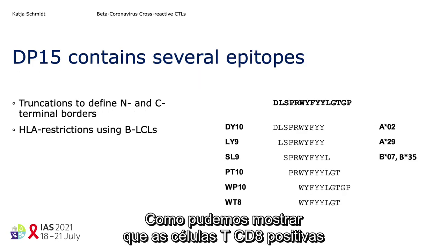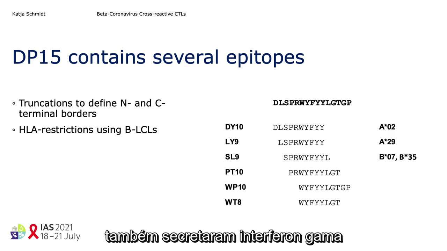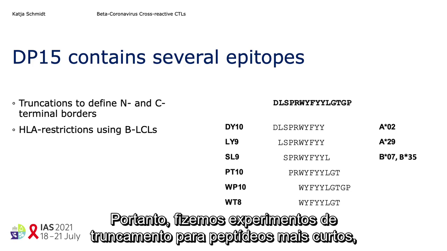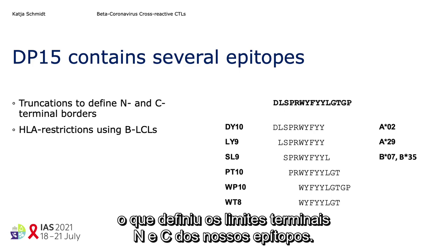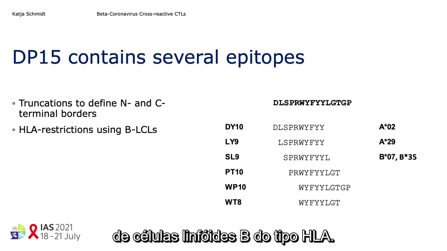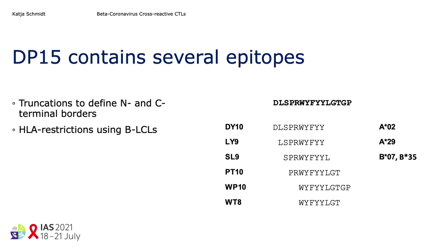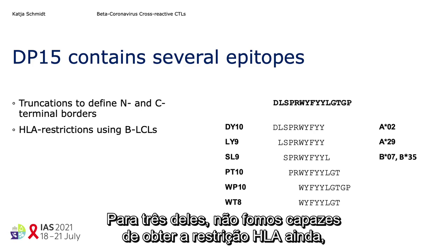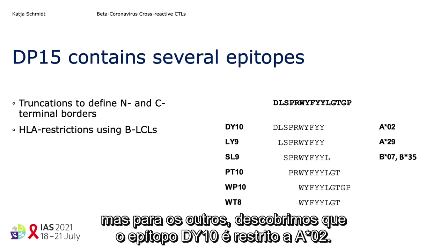As we were able to show that also CD8 positive T cells secreted interferon gamma in response to DP15, we wanted to map down the HLA class 1 epitopes in DP15 further. Therefore, we did truncation experiments with shorter peptides to define the N and C terminal borders of our epitopes. Then we did HLA restriction for those epitopes using HLA type B lymphoid cell lines. We found a number of epitopes within DP15. For 3 of those, we were not able to get the HLA restriction yet, but for the others, we found